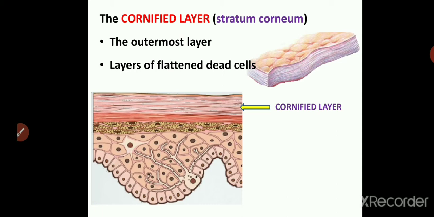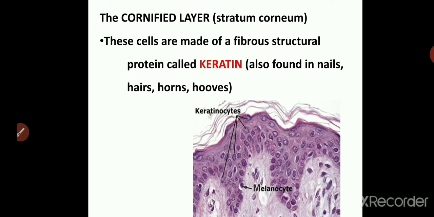So, as the cells start moving from the inner to the outer layer, the nucleus also starts disappearing from the cells. As well, the cytoplasm of these cells is replaced by an insoluble protein, which is called keratin. Here you can see the cells containing the keratin. Those are called the melanocytes. The keratin is also termed horn. So it is an insoluble protein. So the outermost dead layer, the keratinized cells, constitutes the stratum corneum.